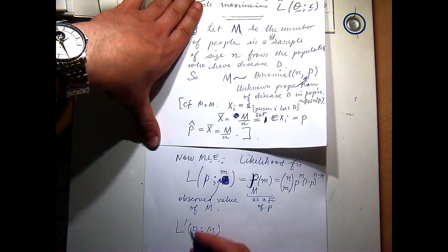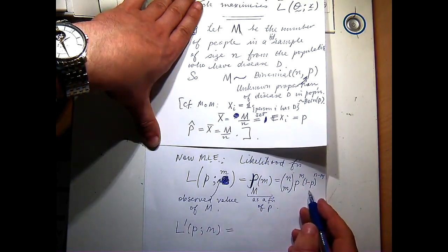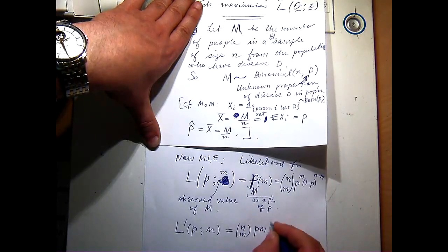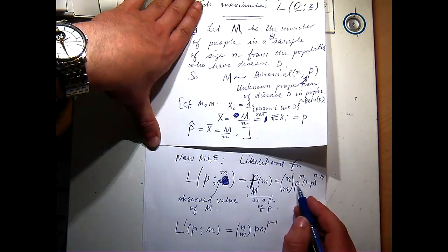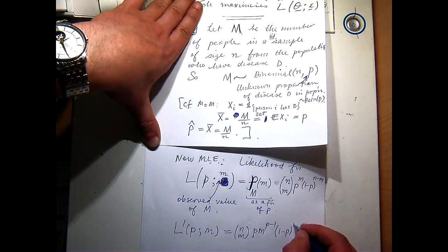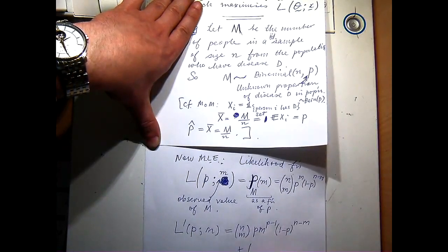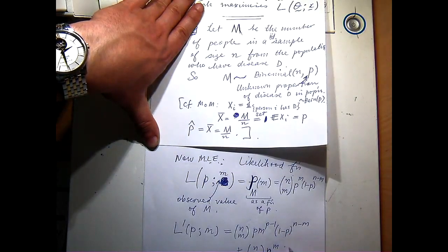But here the derivative will always exist, and L prime is a function of p. Okay, so this will become a bit more complicated. So n choose m, p to the m minus 1. And then it's going to have to be a product rule, that guy times the derivative of p to the m times this one undifferentiated, 1 minus p to the n minus m, plus, in this second case, I'm still going to have the n choose m, p to the m will remain undifferentiated, and then 1 minus p to the power n minus m